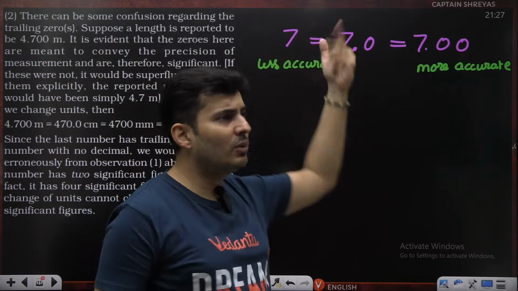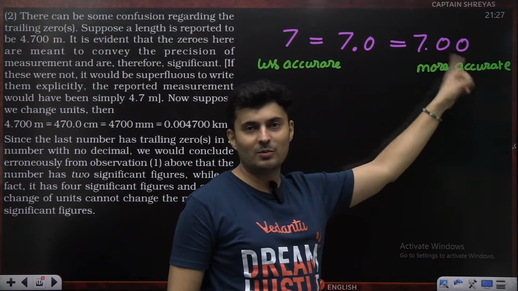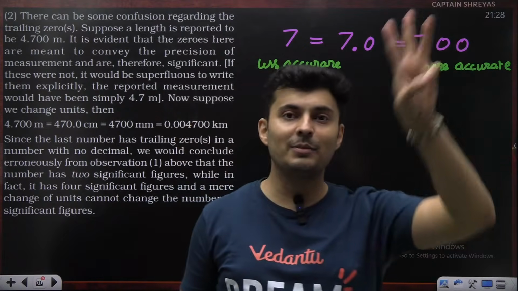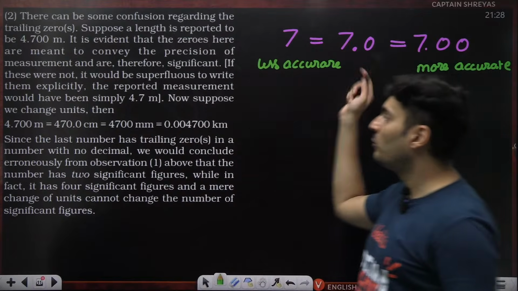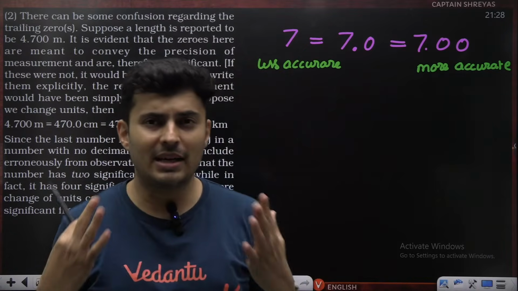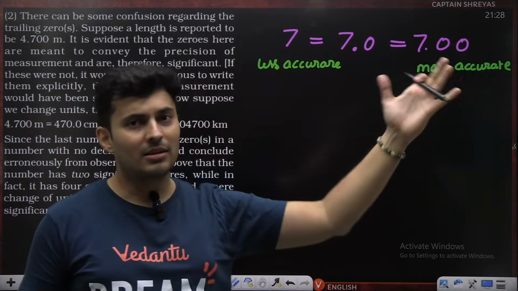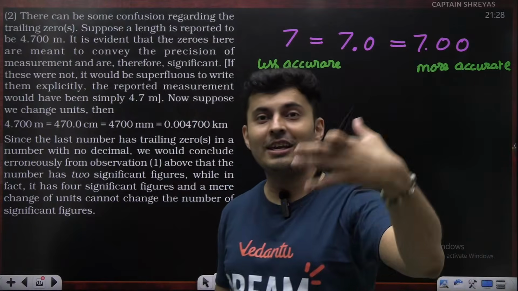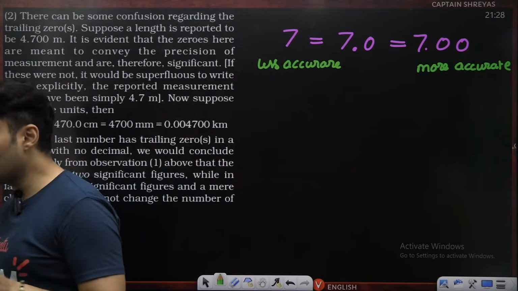This is just 7, maybe it was 6.99, but here I'm sure it is definitely not 6.99, it might be 7.001. In the third decimal there might be an error, but till the second decimal I'm sure. So that is the meaning of putting those extra zeros, and that is the place where most of the students have that confusion. Sir, isn't the number equal actually? Yeah, the numeric value is the same, but physics-wise, scientifically, the meaning is different. Okay, understood the difference till this point?